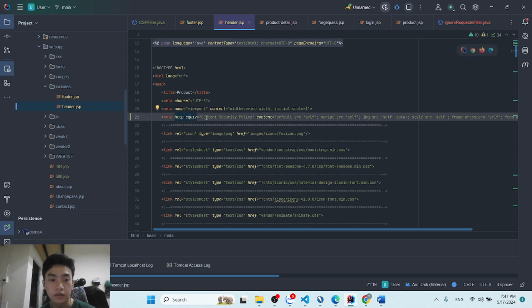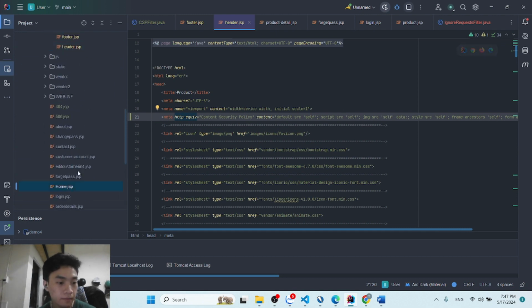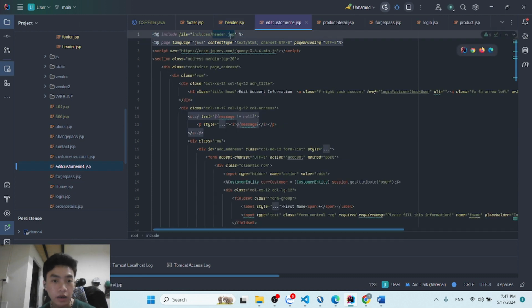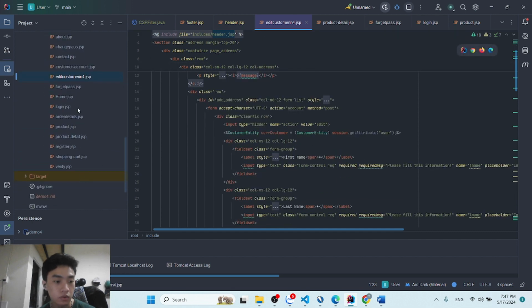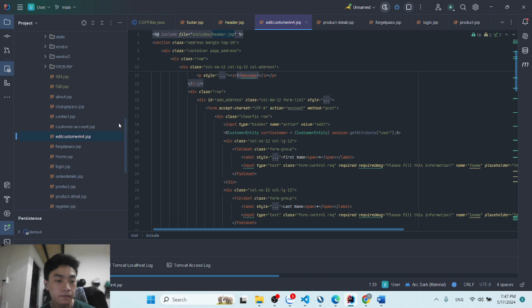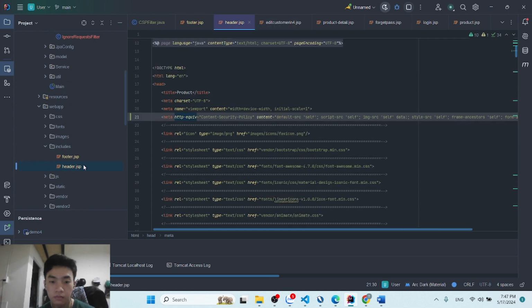About the meta tag, we must include this CSP. We will define the CSP in each page of my project. But there I include it in the header.jsp and link this to every page we have. But in our case, because we are working with a CSP filter now, I would likely need to set the CSP in the